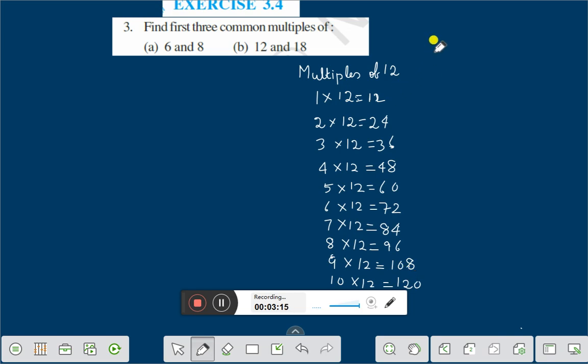Now we'll find the multiples of 18. It is 1 into 18 is equal to 18, 2 into 18 is 36, then 3 into 18,